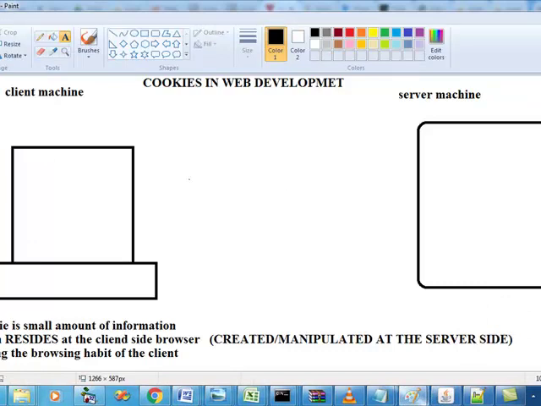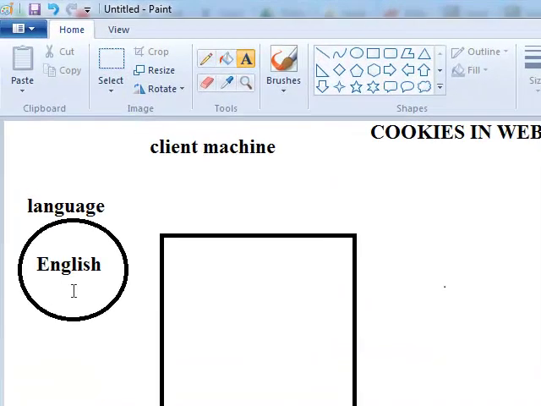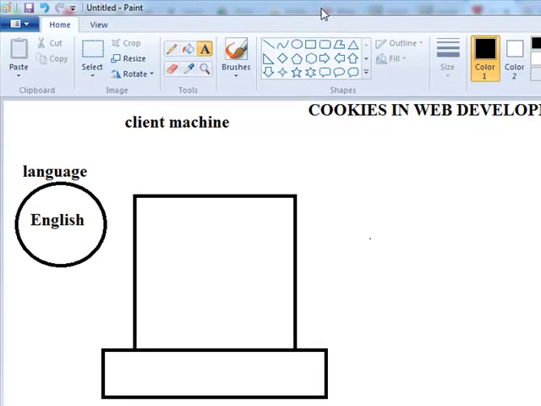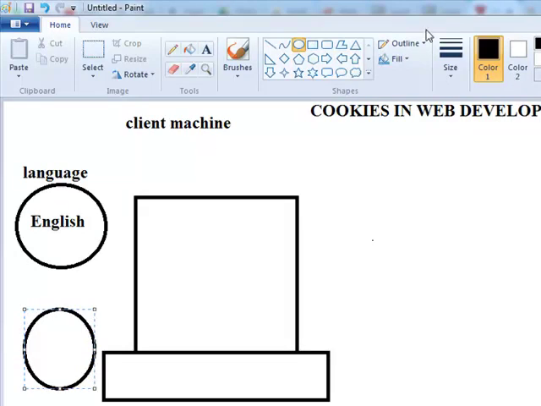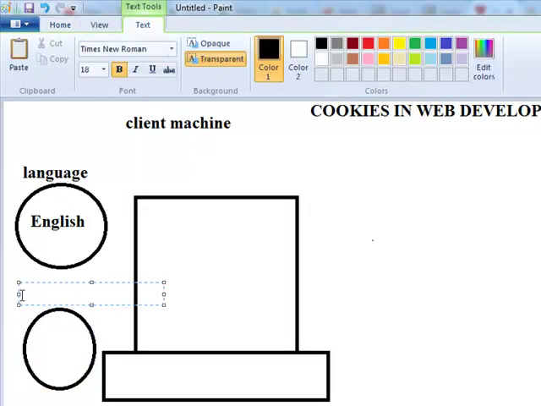It has a name and a value, and both should be strings. If you are storing a number, put it in double quotes, convert it to a string and then store. Don't store a primitive type. So this is the name of the cookie, this is the value of the cookie. One more cookie, if I have, let's say, password. So this is my cookie for password. I don't know why they call it cookie. It has no relation with the confectionery cookie.